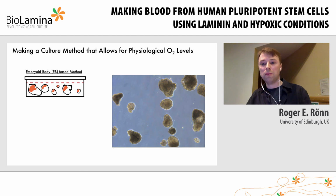Now, going back to making a method for generating blood cells at physiological oxygen levels, one major necessity was to avoid differentiating my HPSCs in the form of three-dimensional cell aggregates, also known as embryoid bodies or EBs. Due to the three-dimensional structure, EBs are by nature very heterogeneous, with cells getting uneven exposure to culture factors depending on whether they are located at the surface or at the center of the EB. This becomes a major problem when trying to cultivate EBs in lower oxygen conditions, since the now critically low oxygen level at the center of the EBs will start to interfere with the ability of the EBs to stabilize and